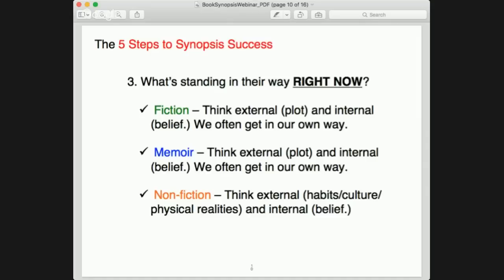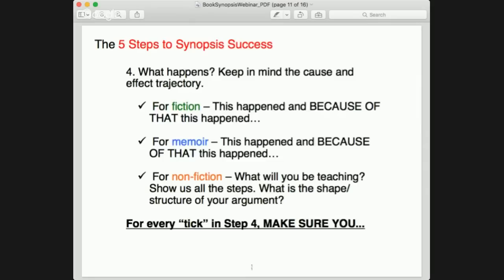So again, it doesn't matter what genre you're writing, these elements need to be included no matter what in this step 3, what's standing in the main character's way right now. So step 4 is what literally happens in this book as it unfolds. I always urge people to keep in mind the cause and effect trajectory of their book. And by that I mean